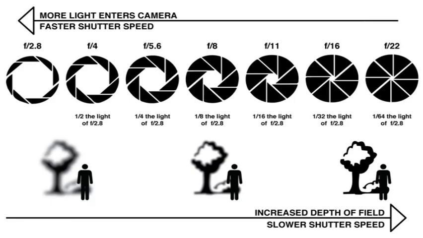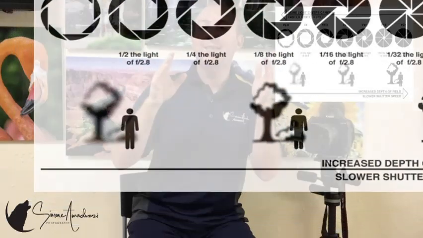Lowering your shutter speed, your mirror will work a little bit slower. It means that more information is getting through. Information means light. At that point, the camera has more time to think about it and